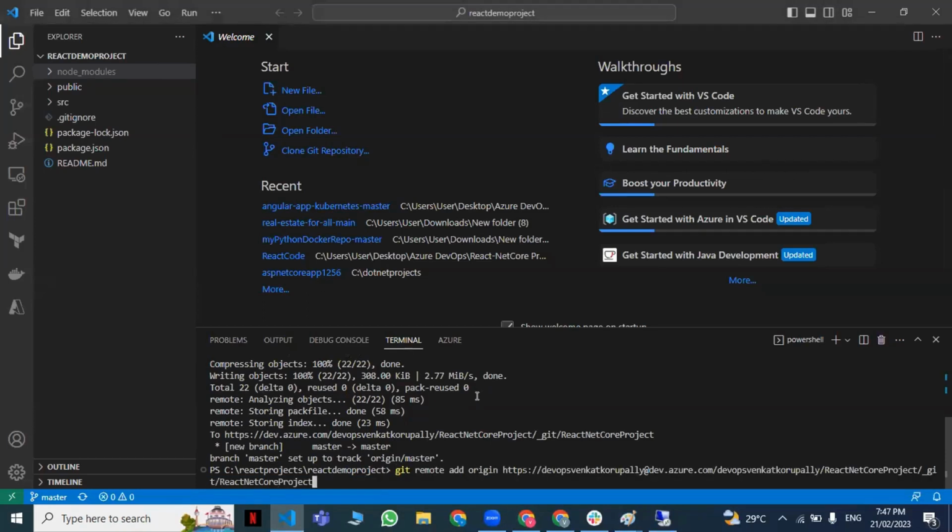This is the first command, git remote add origin. What will it do? It will give the remote location of your project, which is there in the DevOps for this project. So what will it do? This command will assign a remote repo, which is there in my Azure DevOps account, to this local